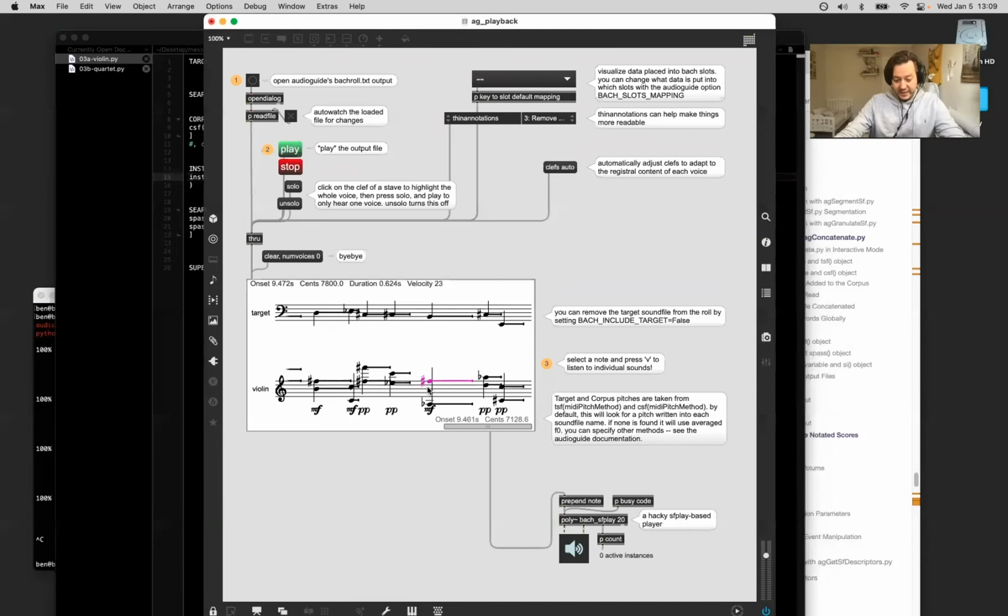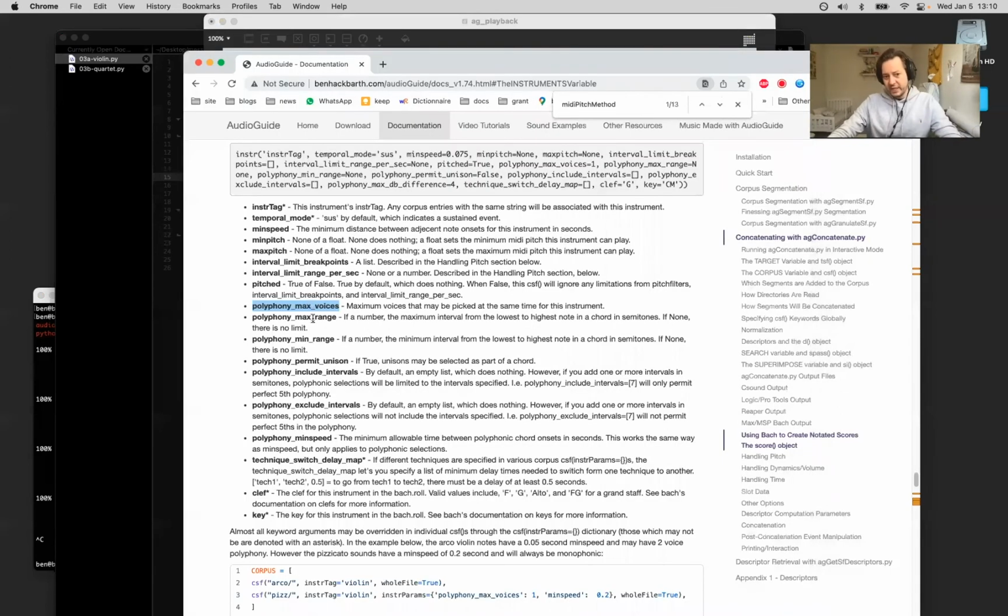We clearly have dyads now, but a lot of them are unplayable because they're really far apart. The interval in semitones between the lowest note and the highest note, generally you're looking for an octave, maybe a tenth or something like that on violin. Certainly you don't want to write something wider than that. And in addition to simply specifying the number of voices, you can also specify in AudioGuide the max range of the polyphony. So what's the maximum distance between the highest note and the lowest note of the chord,